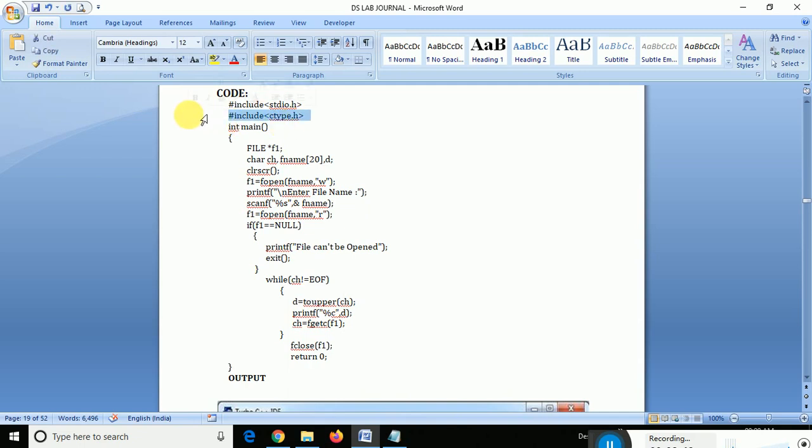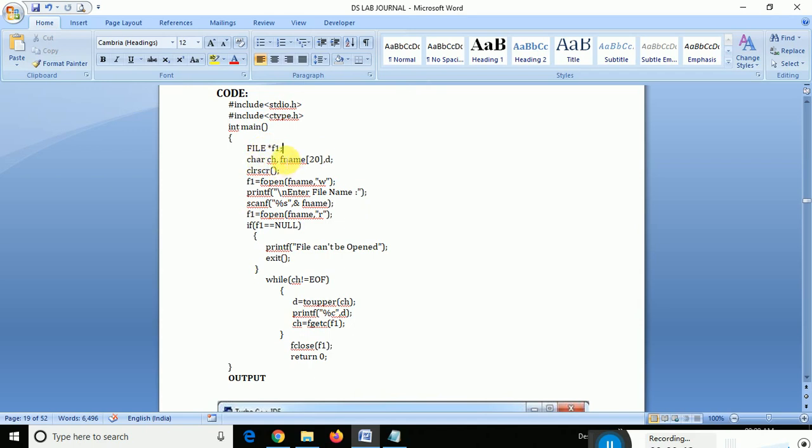If I remove this line and try to execute the program, it will show an error on this line. The compiler will tell you that toupper is not recognized, or that you have missed some header file, because it does not identify what toupper is. So it will give a hint that we must compulsorily include hash include ctype.h. Sorry, not stdio.h, ctype.h.